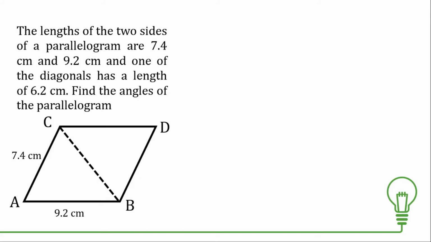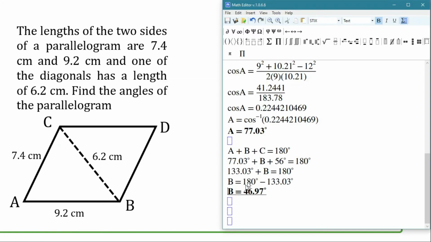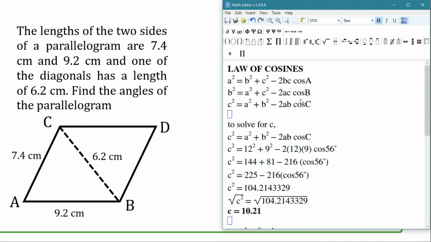And then, one of the diagonals. Okay? Remember that the diagonals of a parallelogram are not congruent. Okay? So, one of the diagonals measures 6.2 centimeters. So, ang hahanapin natin are the angles of the parallelogram. So, yung angle nito at yung angle nito. Alright? So, using the law of cosine, okay, copy lang natin to para hindi tayo malito. Using the law of cosine,